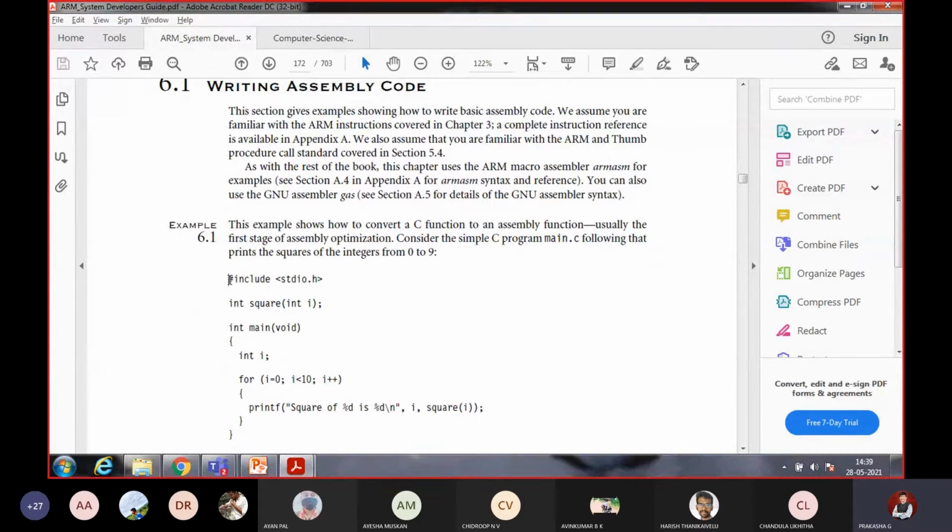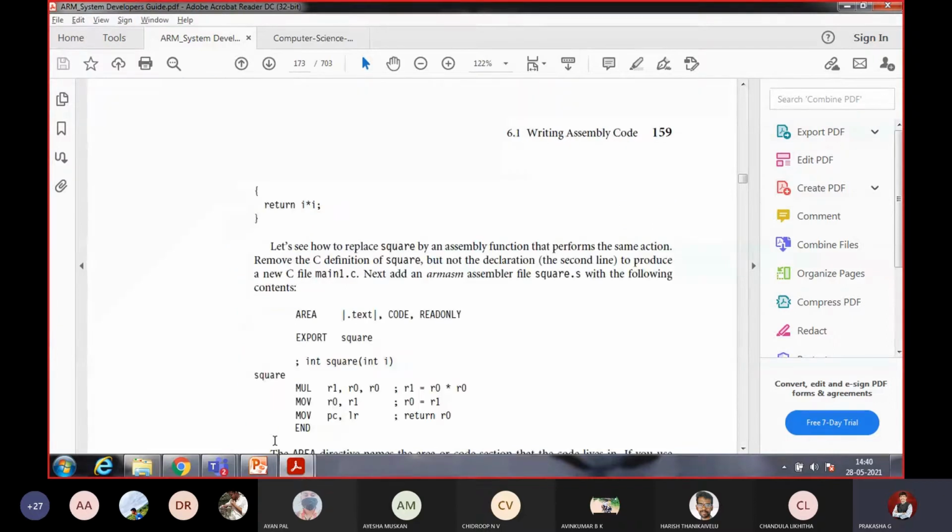I think some of you may have started in engineering, some of you might have started earlier also. This is how you are going to write the C program. But how to write this in assembly? That is the question here. Because the user can know the C program, but the machine has to know only the assembly program. Let us see here.